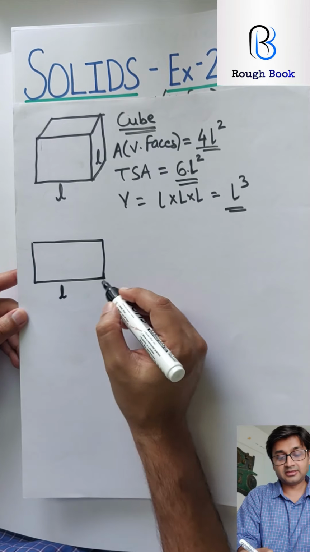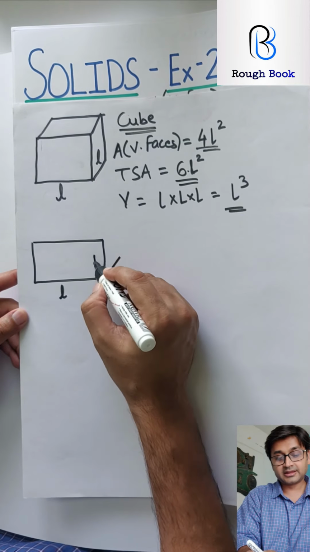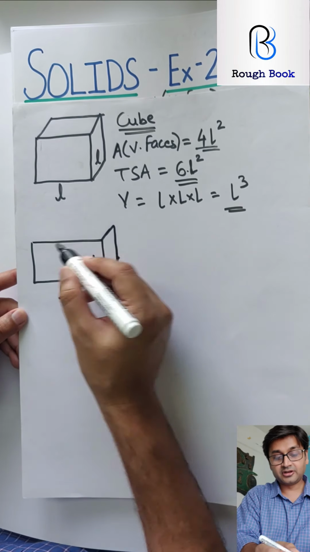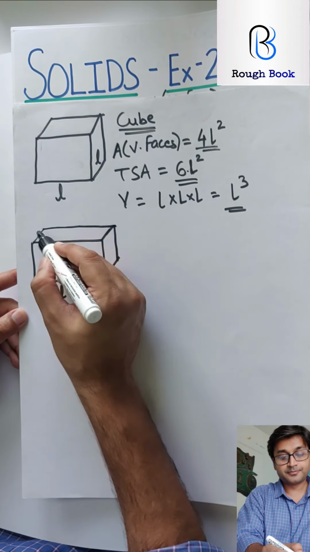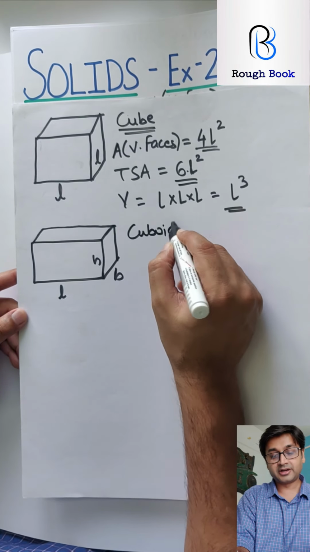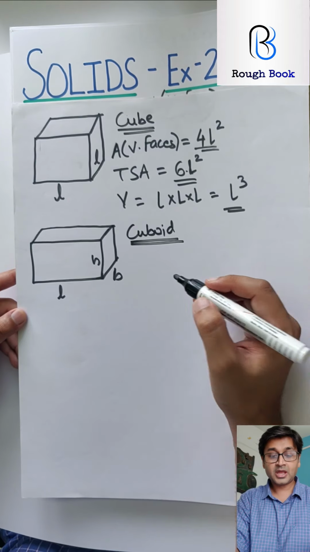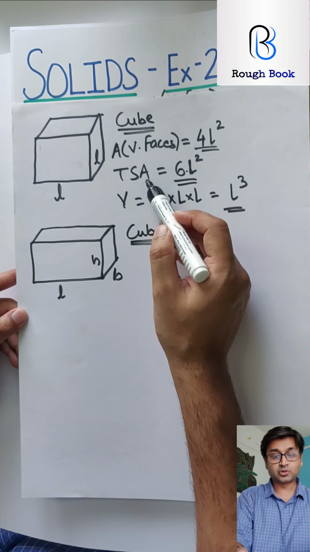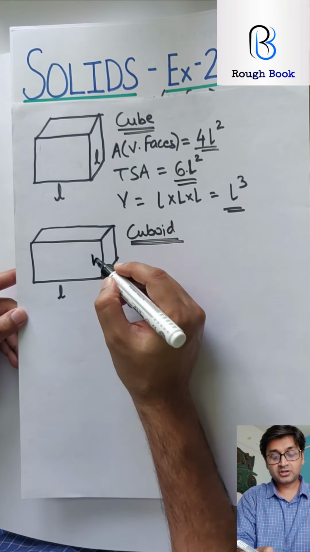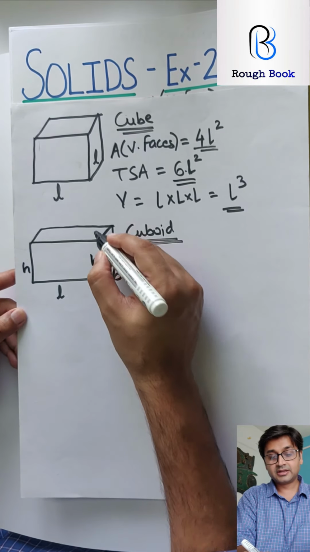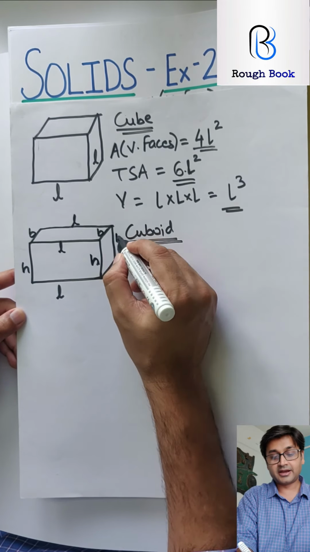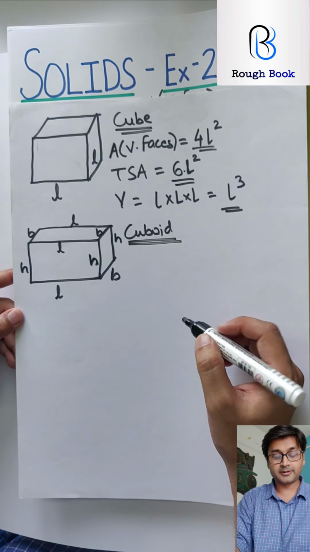The next one is a rectangle. For a rectangle, length, breadth and height, so three dimensions, therefore a 3D figure, and this ultimately forms a solid. The next solid is called a cuboid, or you can call it a rectangular parallelepiped. Again you have vertical faces, total surface area and volume, but this time we will derive it and it's going to be fun. So all the dimensions are given: height, breadth, length.